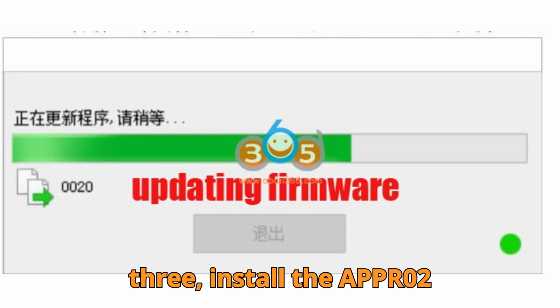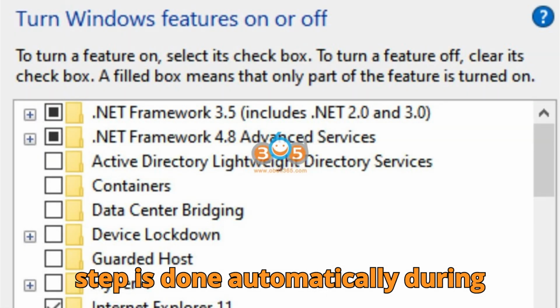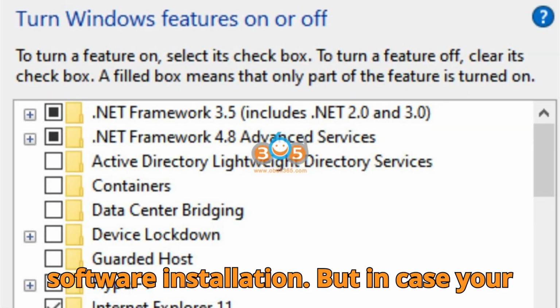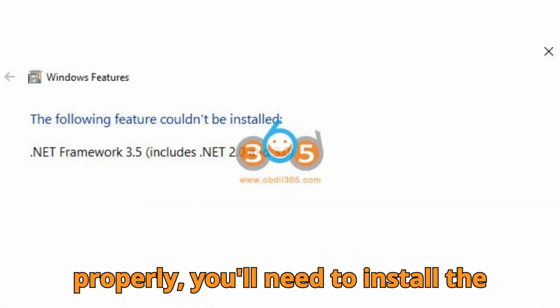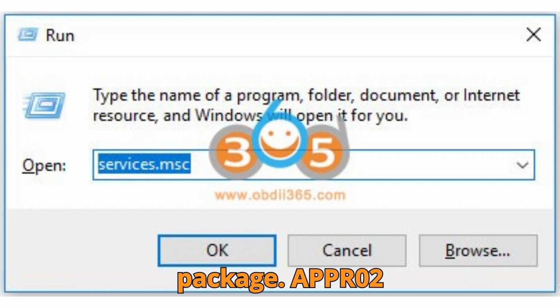Step 3. Install the APPRO2 device driver. In many cases, this step is done automatically during software installation. But in case your system doesn't detect the device properly, you'll need to install the driver manually. Locate the driver package, APPRO2